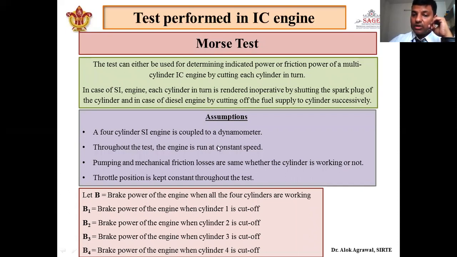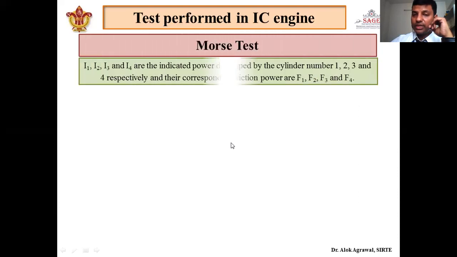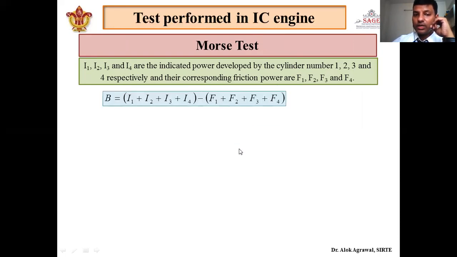B1 reading can also be taken by the dynamometer. Like this, all 5 brake power readings can be taken by the dynamometer, and we cannot say anything about the indicated power and brake friction power till now. We are just assuming that these are the indicated power of the 4 cylinders and these are the friction power of the 4 cylinders. Okay, so from knowledge we already have, we know that brake power is the difference between indicated power